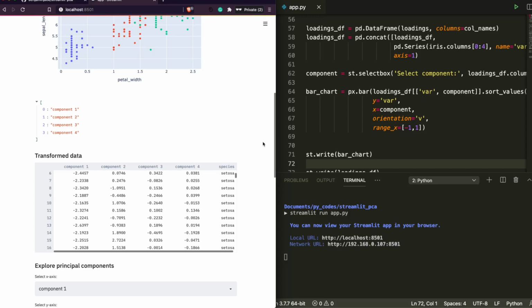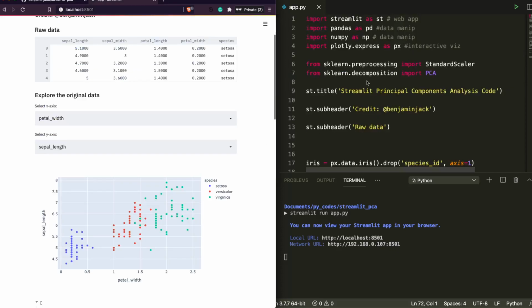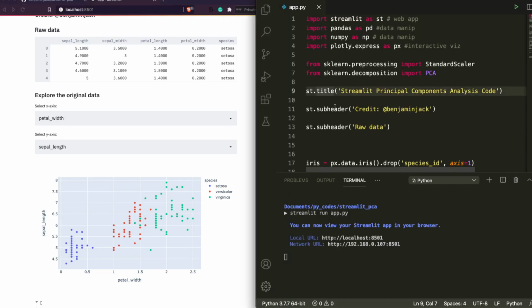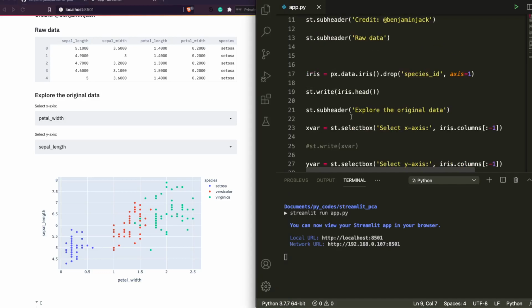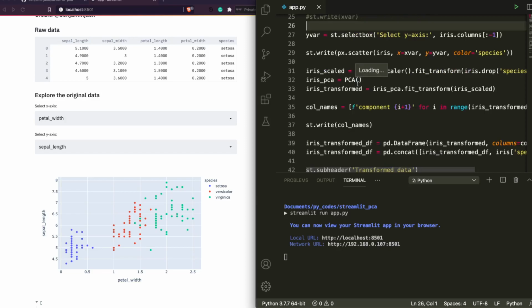Throughout this code, you would have seen that we have reused code multiple times, and you would have used just a few functions from Streamlit: title, subheader, and select, the drop down. These are the main things you need to know to build a Streamlit web application without much effort.